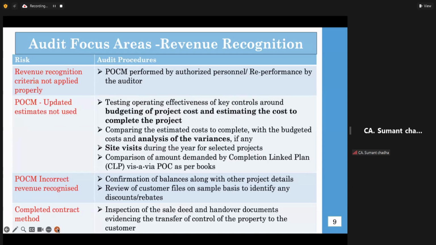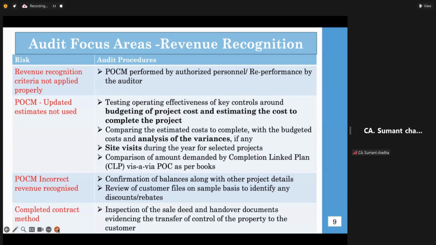So do I have a robust system with senior enough team members, a cross-functional team from the technical side, finance side, management side, marketing side, who are involved in the POCM exercise when I determine my budgeted costs of the project? And if there are multiple projects at different stages, how do I allocate that? And also the revenue which I estimate to generate from that today. But that narrative may change within a few months or a few years. So I have to continuously update my